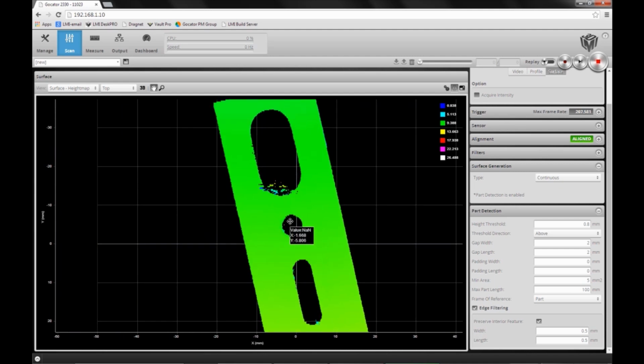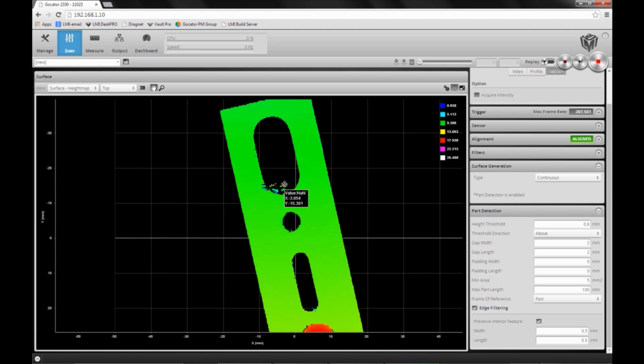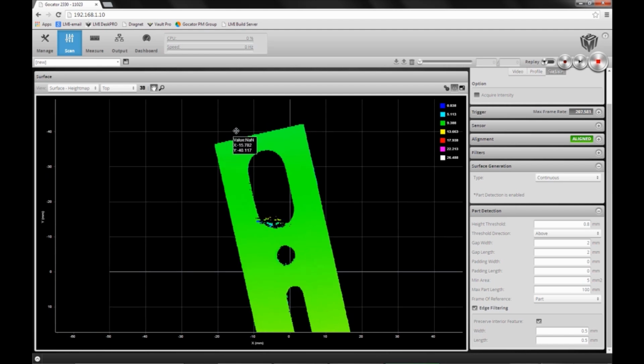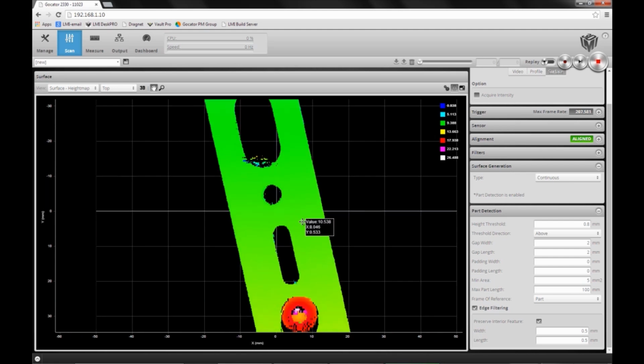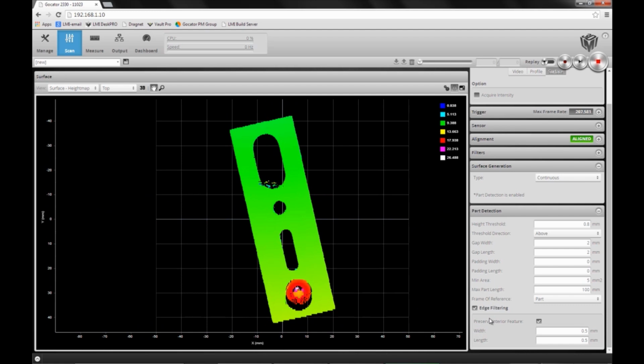As well, the noise in this interior hole is also intact, but we've filtered away still the noise around the perimeter of the part.